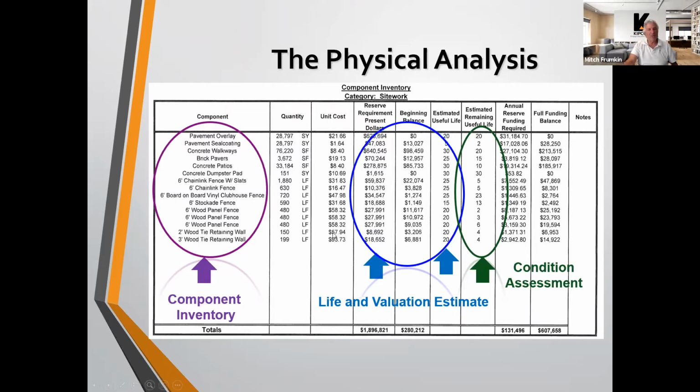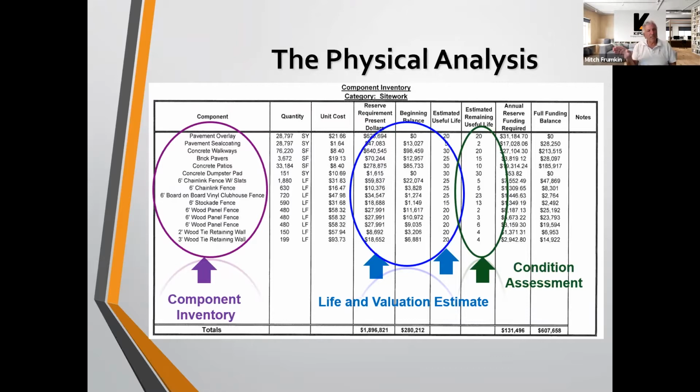The next is how much will it cost to replace it? The unit cost, for example, the pavement overlay, 28,797 square yards, $21.66 per square yard to replace that road. Or, in this case, you're not actually replacing the whole road, but it's $21.66. What does that include? Very important. It's not only the cost of putting in something new, but